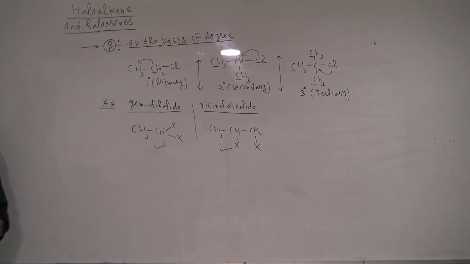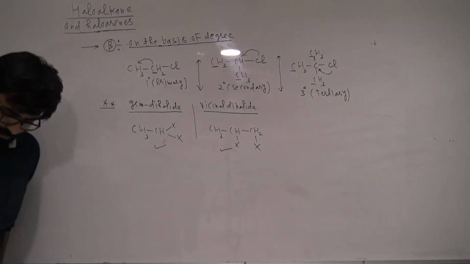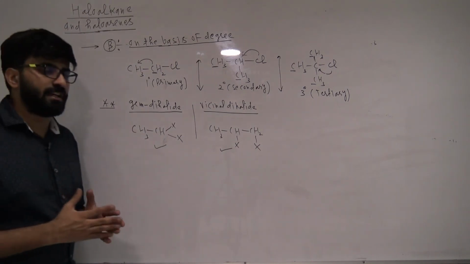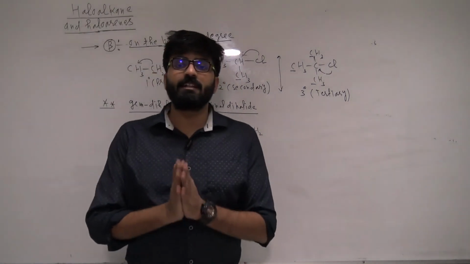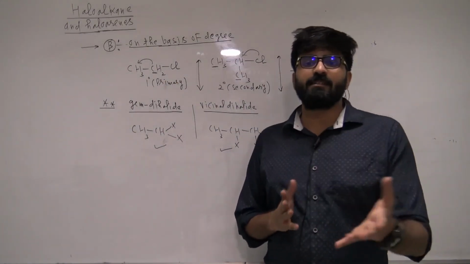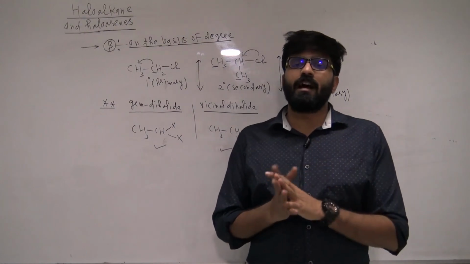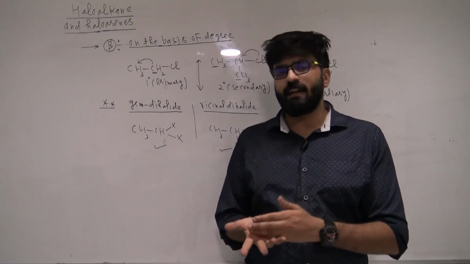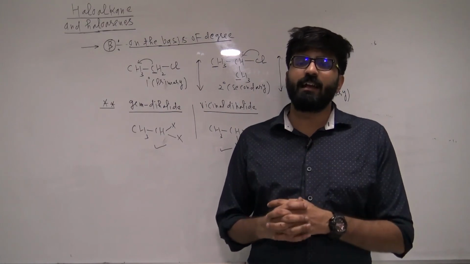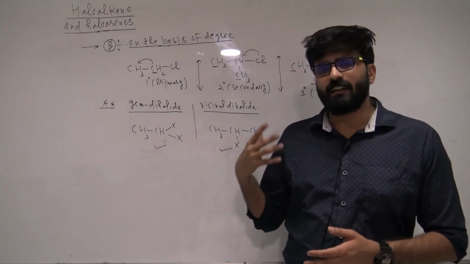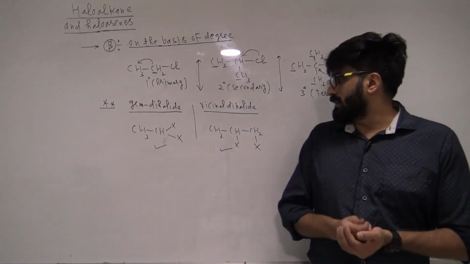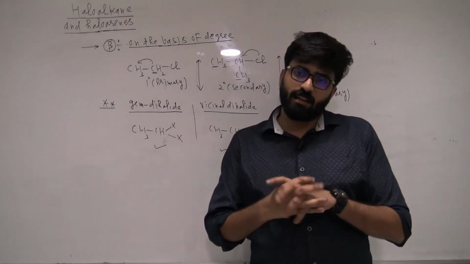Right? So on the basis of these concepts, we basically differentiate different types of halides. A quick recap of what we have done in this lecture: first of all, I told you what is alkyl halide, aryl halide, allylic halide, vinylic halide, benzylic, 1 degree, 2 degree, 3 degree, and in the end gem dihalide and lastly vicinal dihalide.